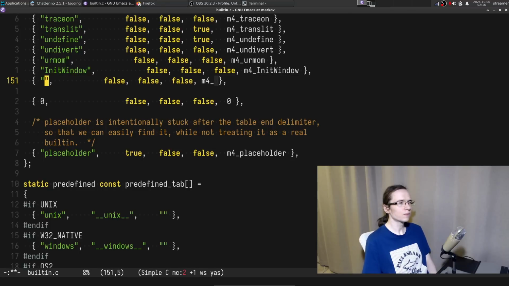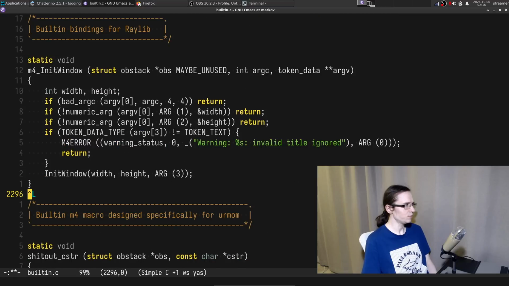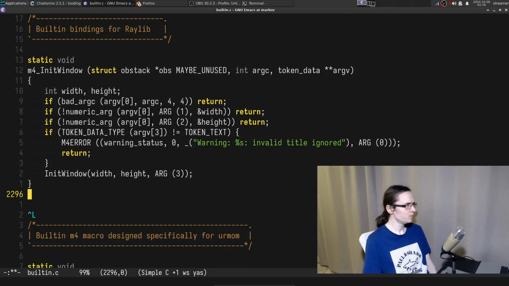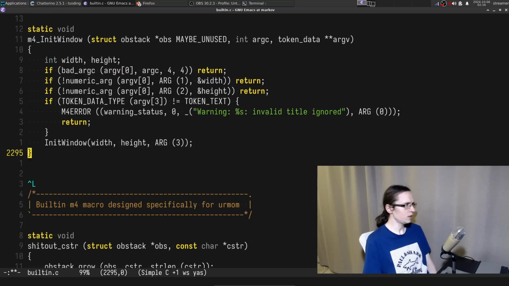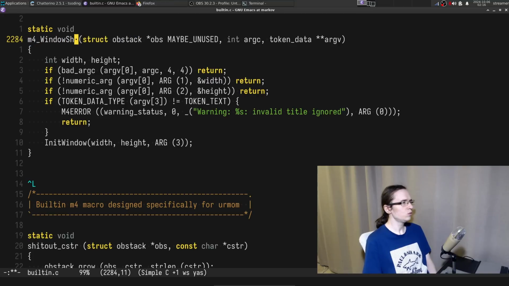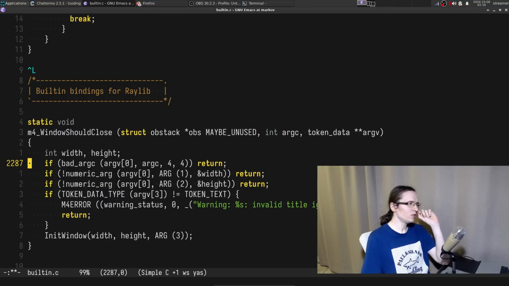Window should close, and we're going to be allocating this stuff down there. So this is going to be 13. Sorry. Window should close. So this may be unused, but we don't really care. I suppose we don't care about the arguments at all.